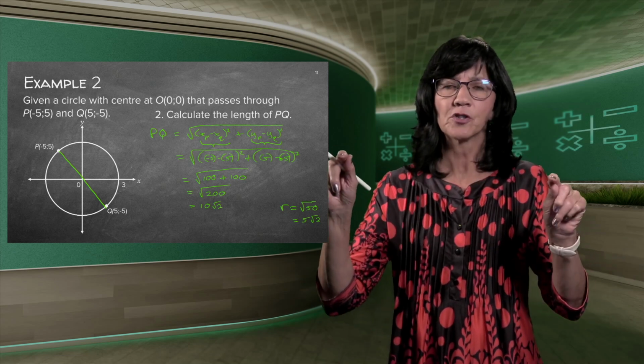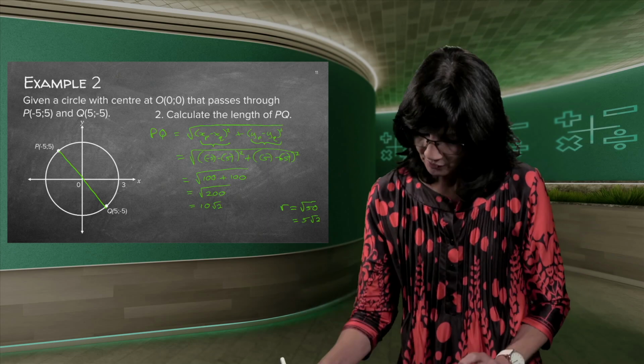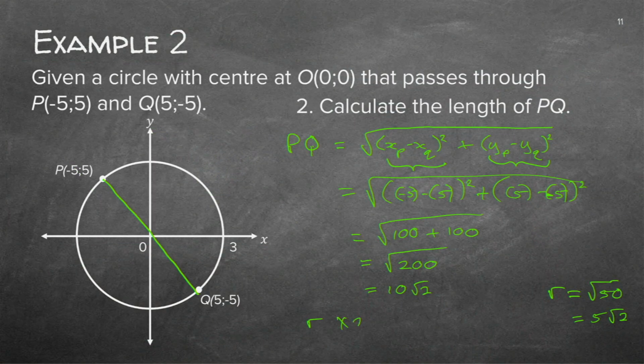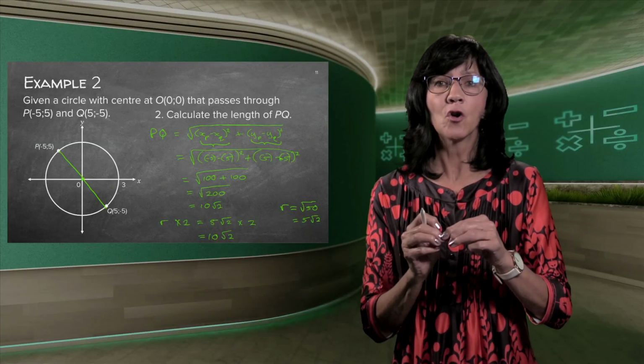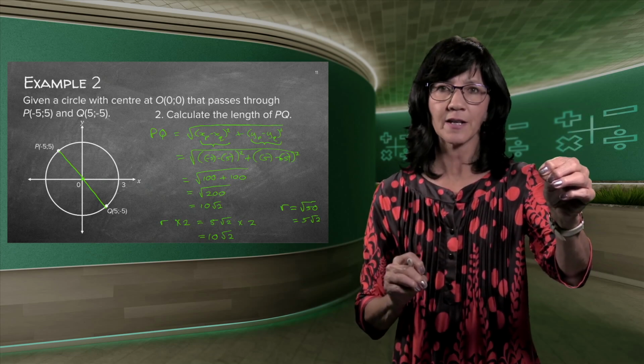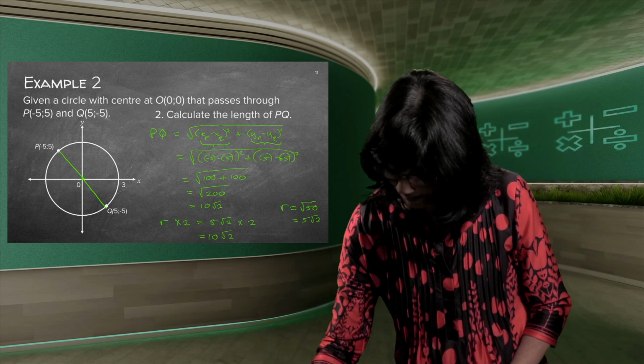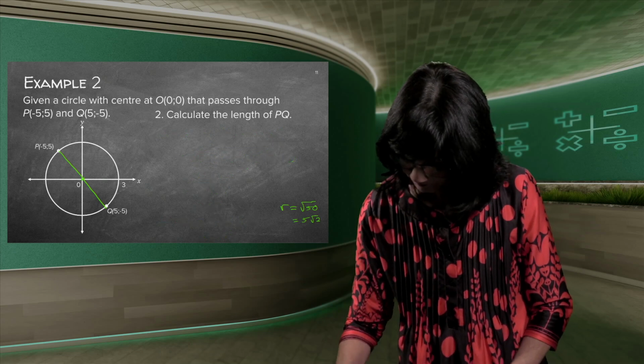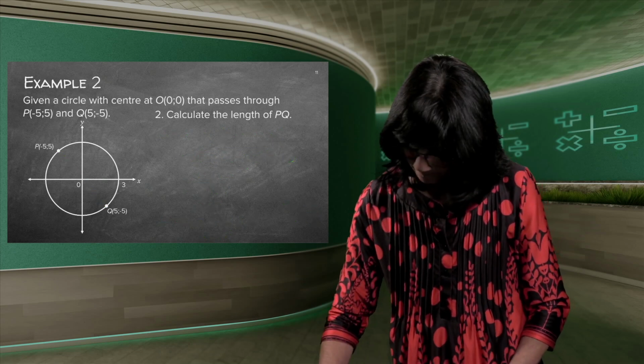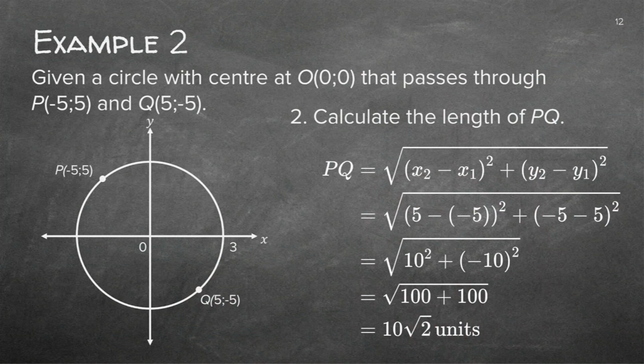Diameter means right through the circle, and that means it's 2 radii. So if I take the radius times 2, which is 5 square root 2 times 2, I get 10 square root 2. And because it's going through the origin, I can say that PQ is a diameter. Even if I don't know it goes through the origin, it's the longest distance from one side of the circle to the other side, and that means it needs to go through the origin. So if they would have asked that, which they didn't, you're going to redo this, try on your own. After you've redone it, you can just check your answer.